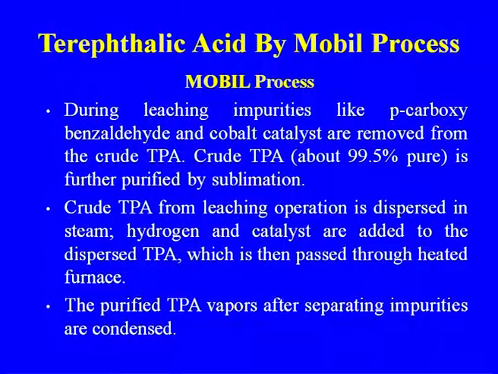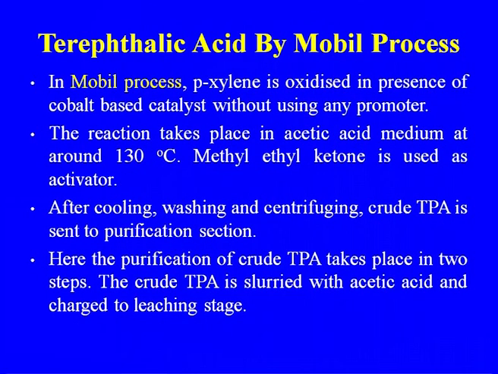During leaching in the Mobil process, impurities like para-carboxy benzaldehyde and cobalt catalysts are removed from the crude TPA. The crude TPA is further purified by sublimation. So let us first discuss this Mobil